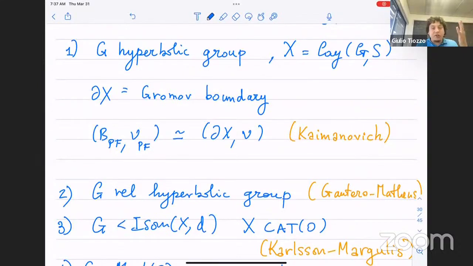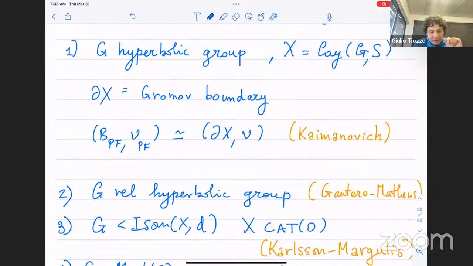So again, this is the action of the group on itself. So the drift, we already know it's positive, well, unless the group is virtually cyclic, in which case the boundary is trivial. But if the group is a non-elementary hyperbolic group, well, the drift, we already know it's positive, so we already know the boundary is non-trivial. And in the hyperbolic case, this is basically enough to tell you what the Poisson boundary is.